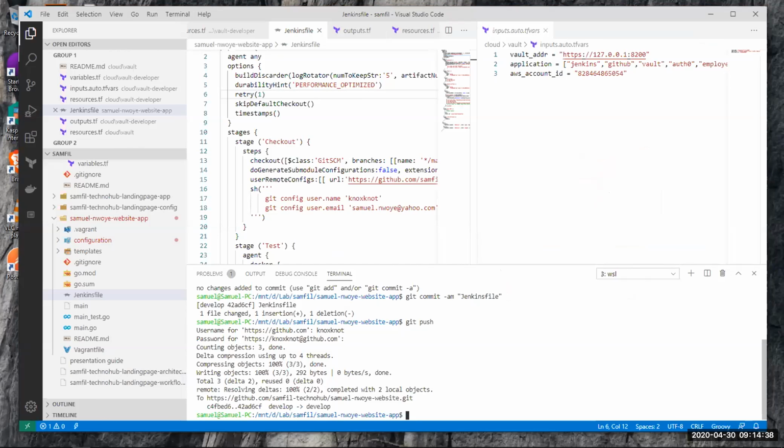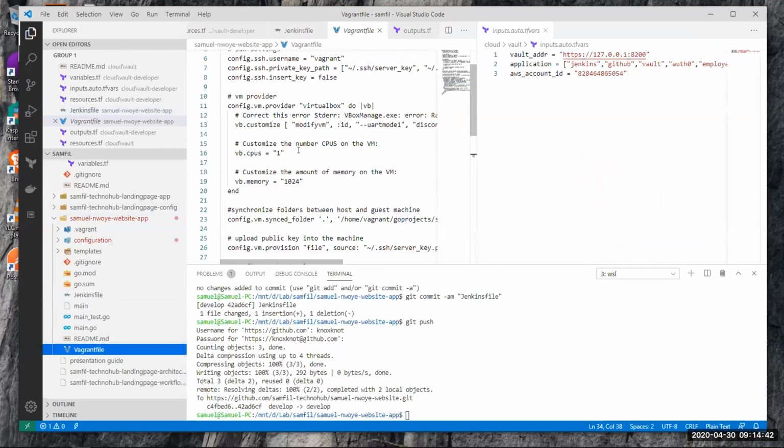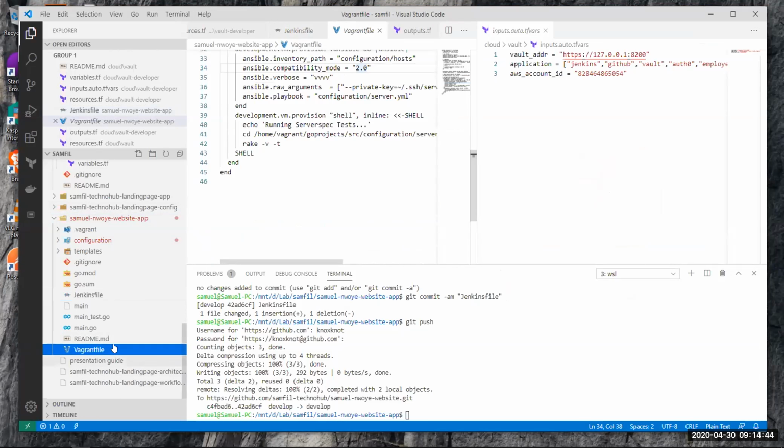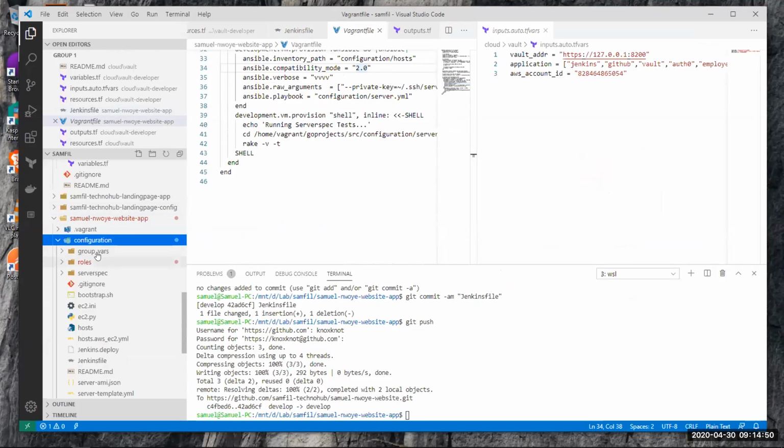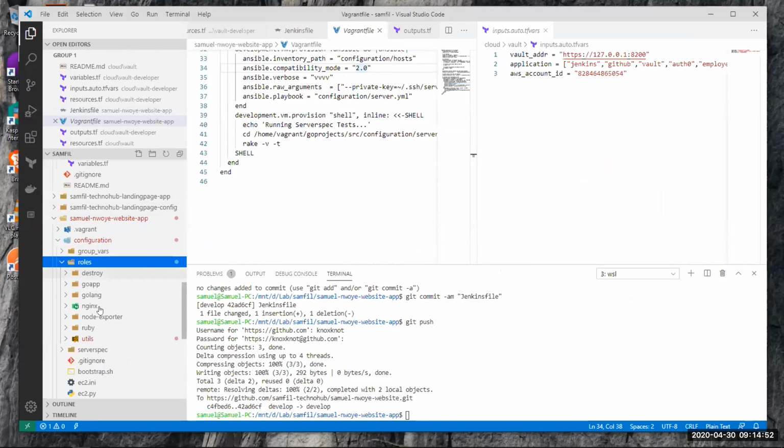Here we go. So I have my Vagrant file here. The Vagrant file describes the VM I'll be running. Then here in the configuration page, I have the rules, what I will be installing: the Go app, the Golang binary, Nginx, node exporter, because DevOps